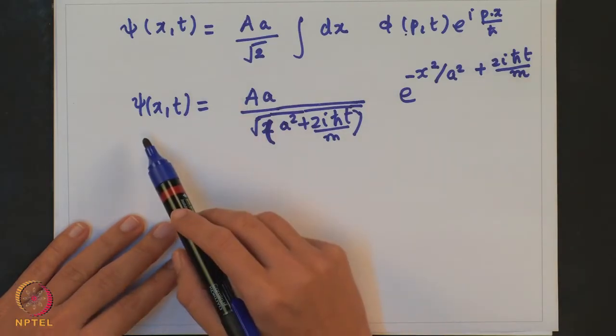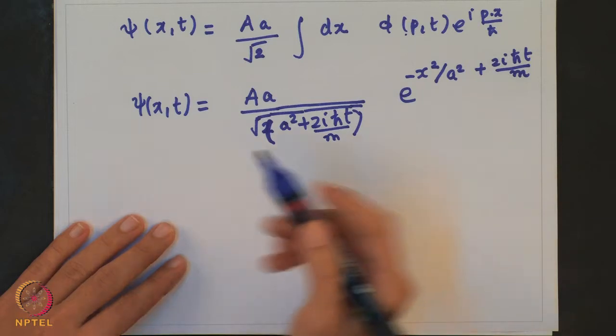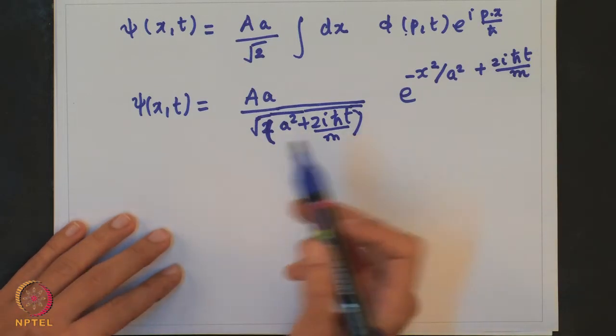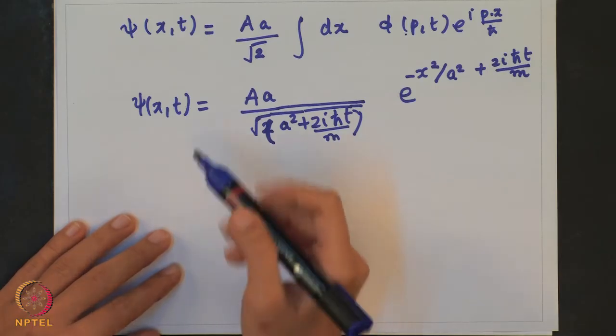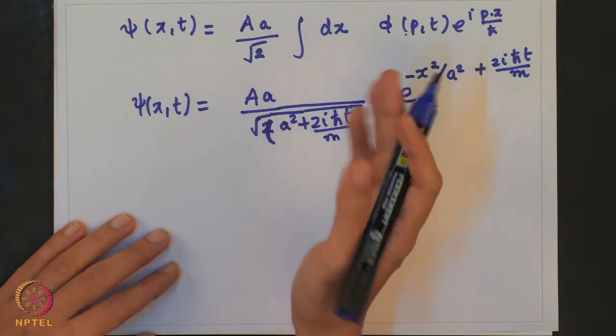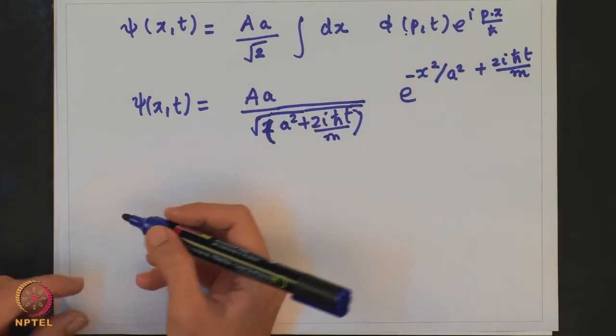So, we go from the position space to momentum space. This is another way of calculating the wave function, which is time independent. From the time independent wave function, we obtain the time dependent wave function. So, the next problem